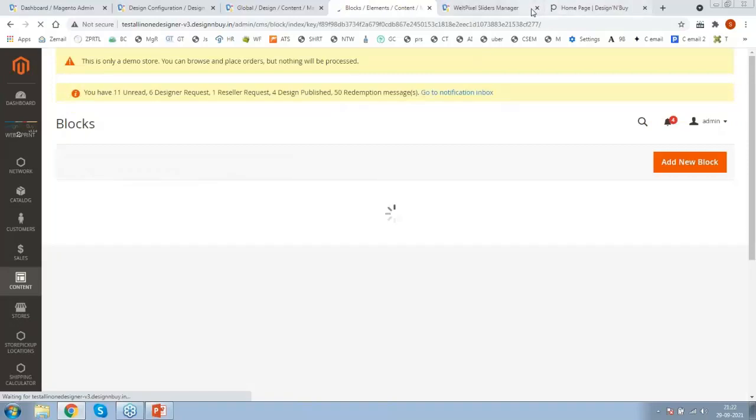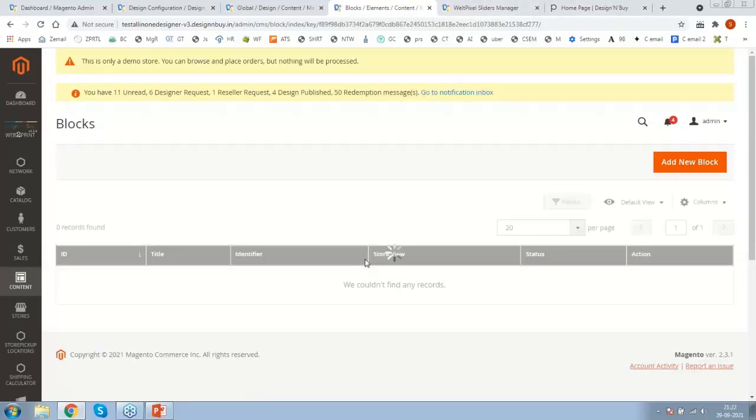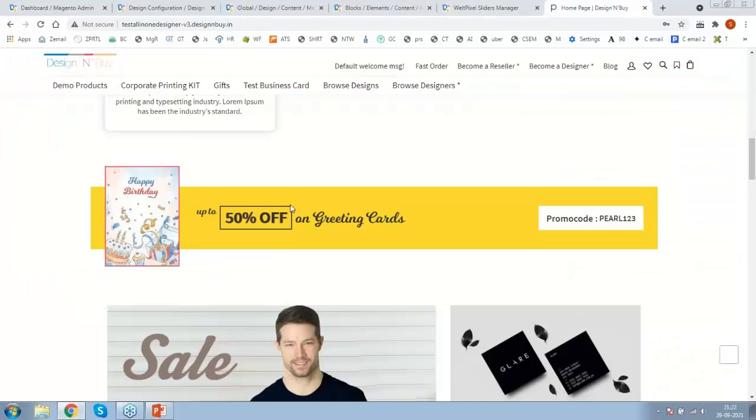Here, all the static blocks available in this website are available in this list. Any content, let's say right now I'm talking about this banner, there is a small banner, that is a happy birthday small image. Then we have up to 50% off on greeting cards, and then we have the promo code, that is PUL123.